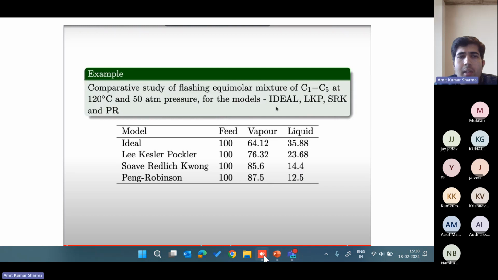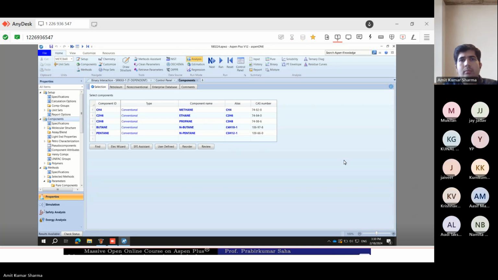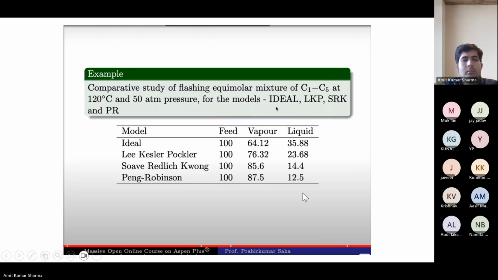You can select the components like this: methane, C2H6, C3H8, butane, and pentane. You have 5 minutes. Try and let me know.